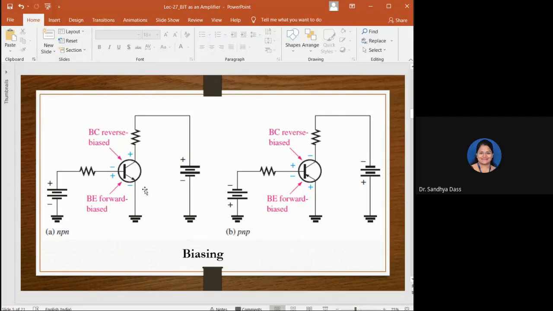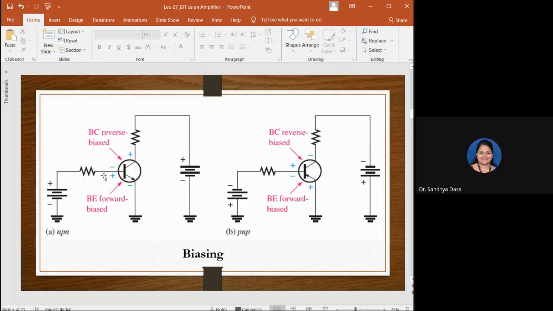As you can observe here, as I mentioned, the emitter base junction should always be forward biased, and the base collector junction should always be reverse biased. So if you connect, say this is VCC, and if you take this supply as VBB, if you bias in this way, biasing is nothing but what? Connecting the external power supply to the terminals, right? So VBB, if you connect like this via, say, RB, this is your base terminal, this is your emitter terminal, and this is your collector terminal.